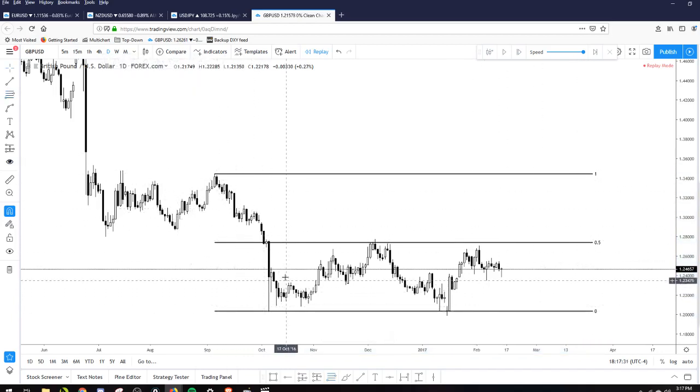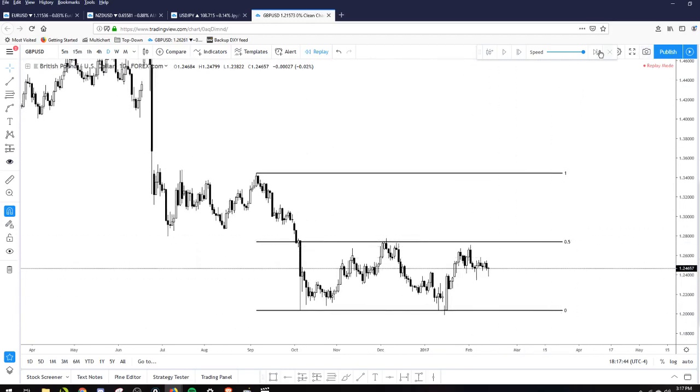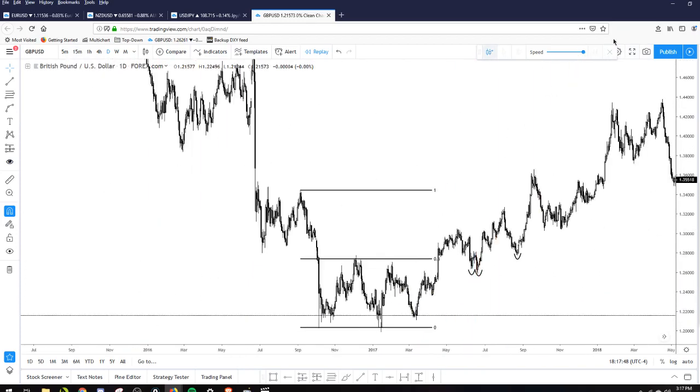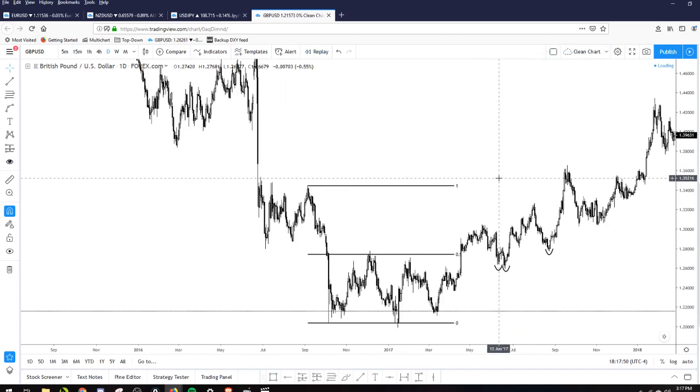Makes a low. Consolidation, rallies, retests the mid-range, comes back down, rounded retest, and swing fails this low right here. You see how clean of a swing failure this is, and it comes up and retests up here. If we fast forward this a little bit, we can see this actually does end up